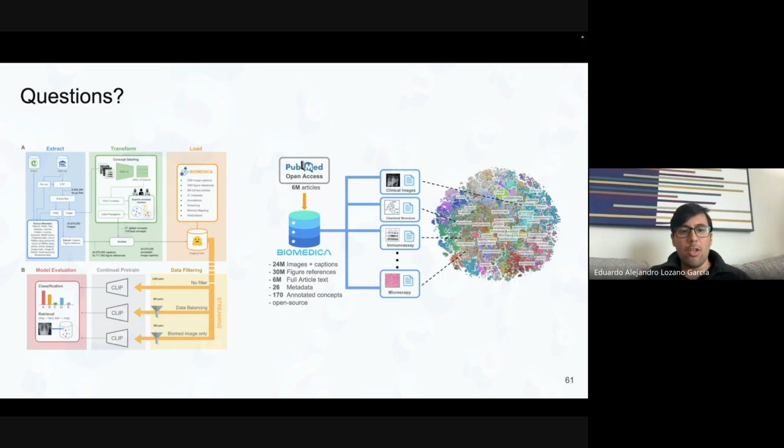So someone has already used Biomedica and has created a data set in which they only have single panel images. They decompose a single panel. I think, if I remember correctly, they did not resolve the caption attribution. So it has the general caption. So that is still a problem. So having decomposing the image into image caption pairs that are of the single panel resolution.